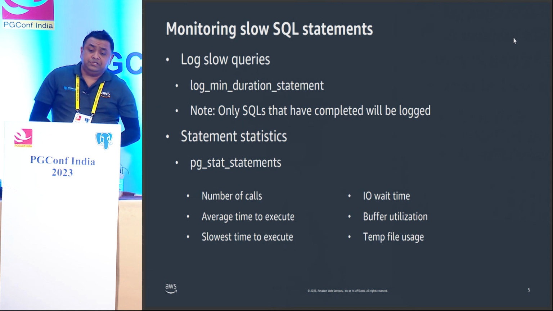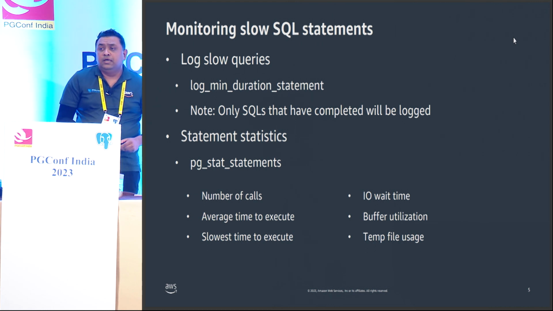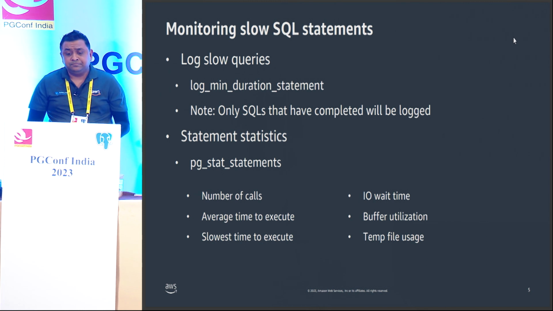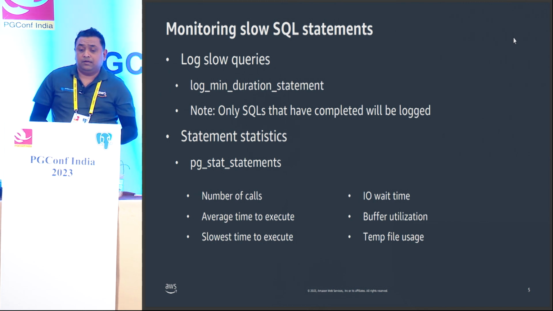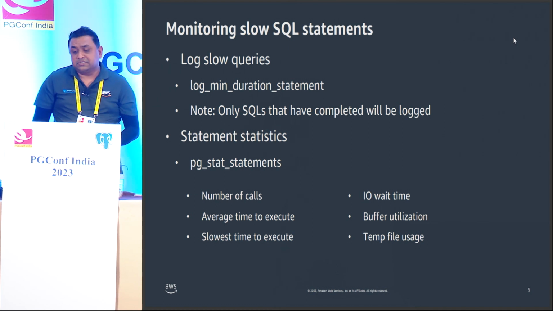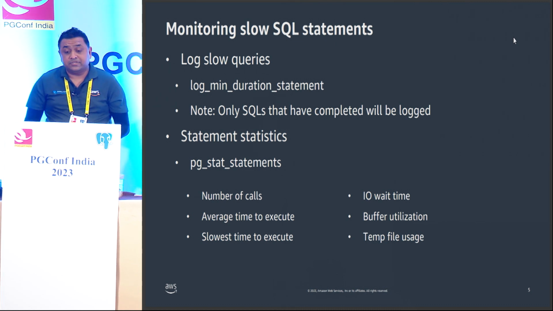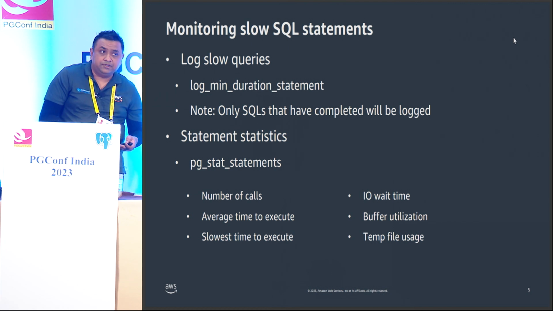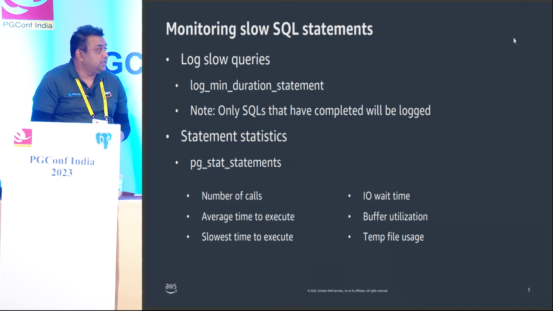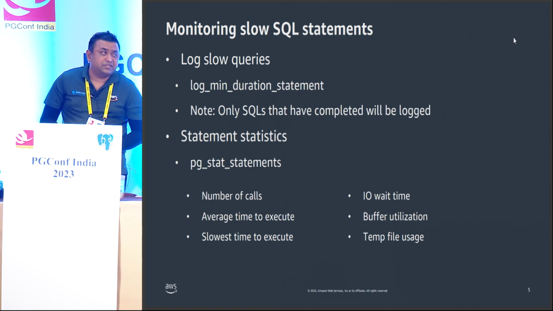The other approach is to use what's called the pg_stat_statements extension, and it provides a view into your average and maximum time taken to execute top SQL statements. pg_stat_statements also provides other useful information about the SQLs that are running, like your buffer hits, disk read requests rather, and temporary file usage by the queries. Enabling pg_stat_statements requires an update to the shared_preload_libraries parameter and